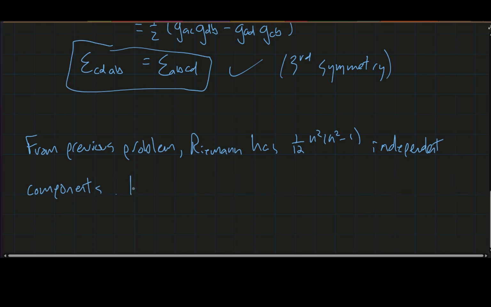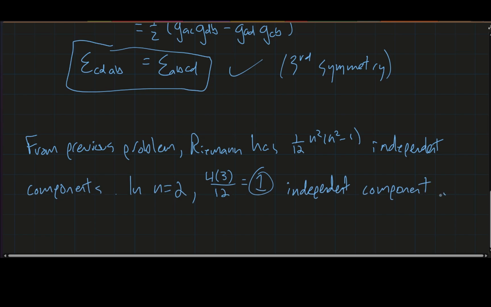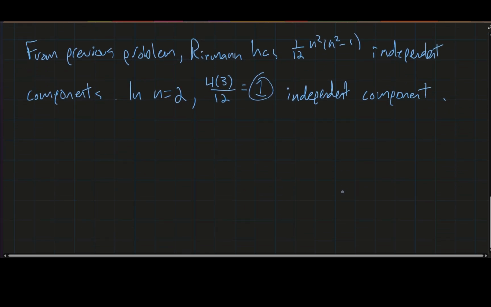So in 2 dimensions, we get (4 minus 1) over 12, which equals 1 independent component. So if there's just one independent component, and we know that the Riemann tensor and our epsilon tensor have the